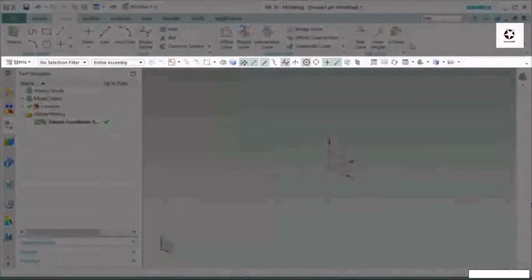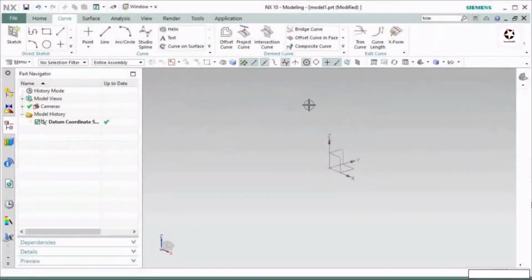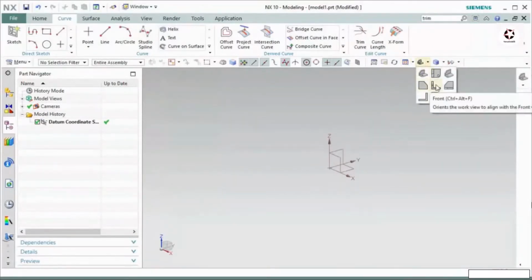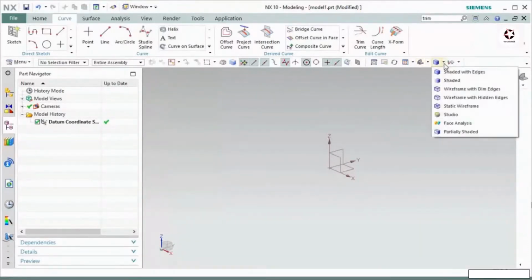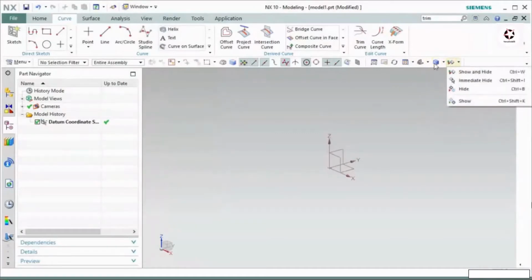Then just at the bottom of this ribbon, you will find another bar called the top border bar. Inside this, a few different important tools are available. Let's say if you want to fit your full part or assembly inside this graphic window, you have to use this option, and a few other options are available. Also, if you want to see your front, top, right, you can use this orient drop down menu. Then if you want to change any style, you can also do that. Everything you can do from this view tab.